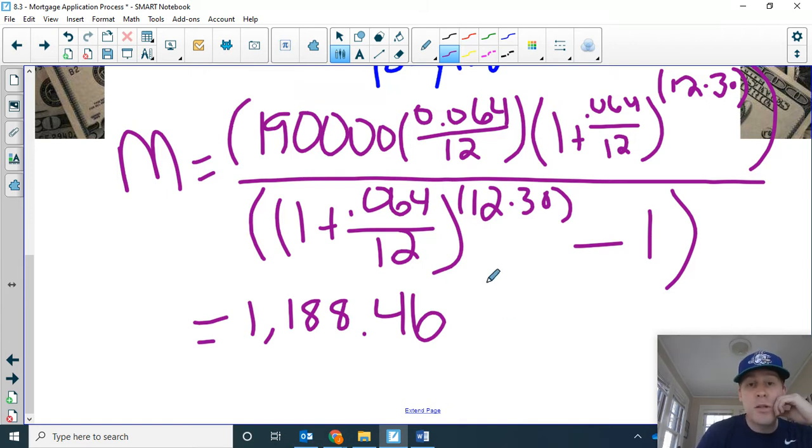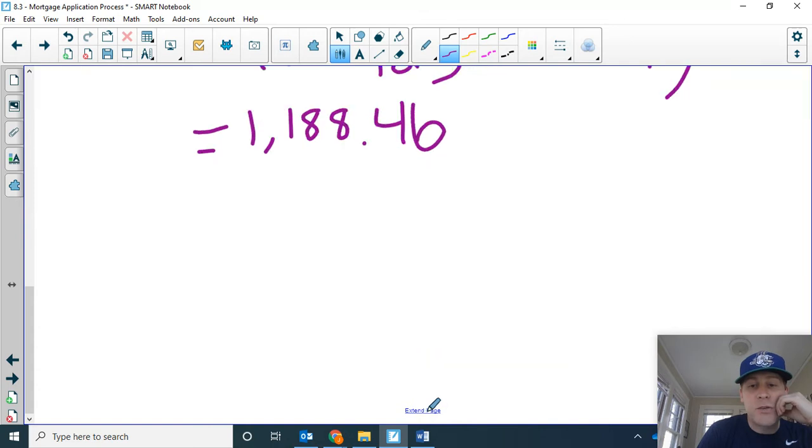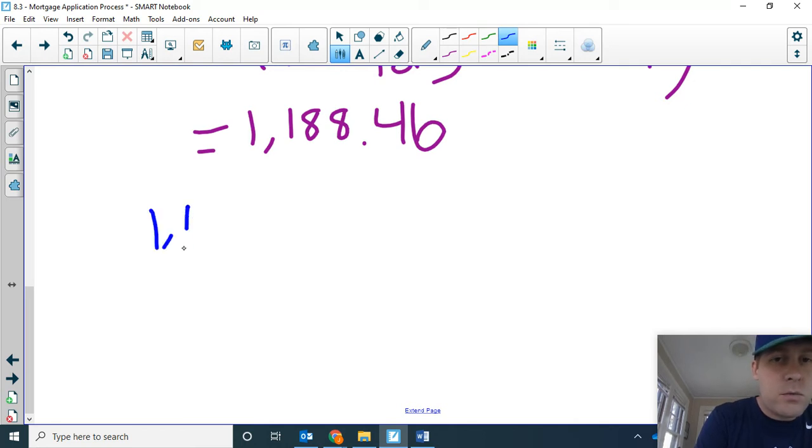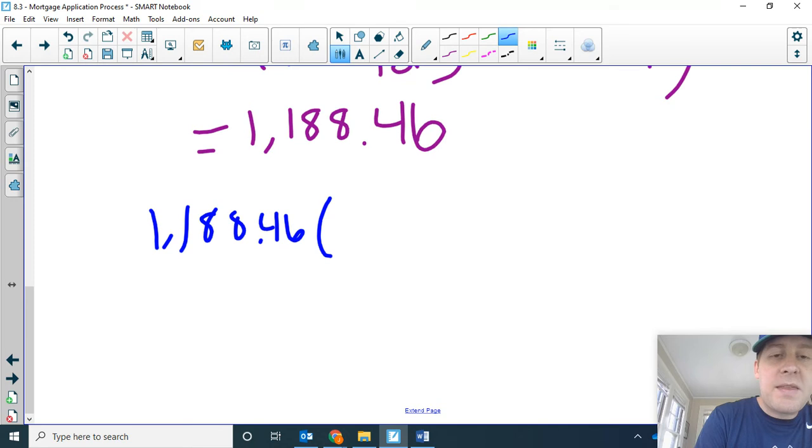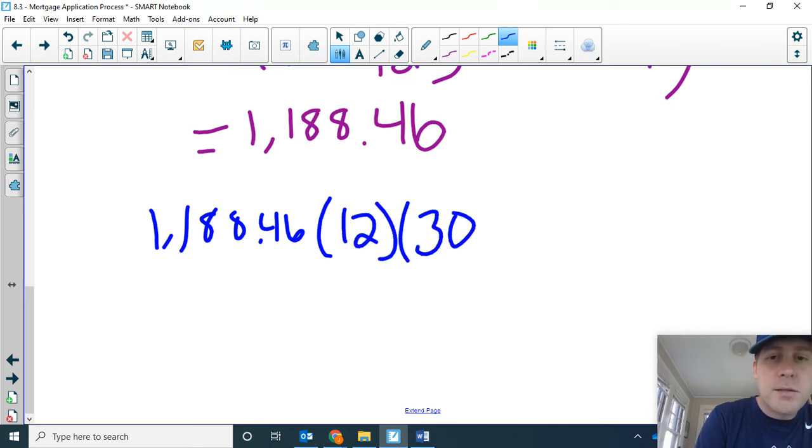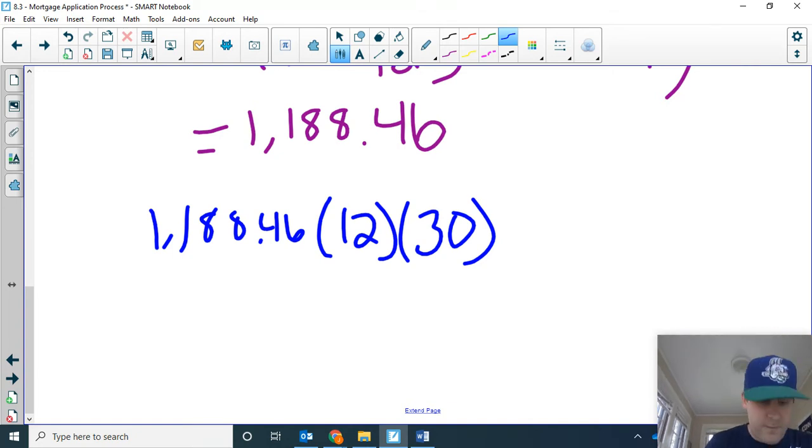Okay, so now once I know what the monthly payment is, we want to figure out what the interest is. So again, I'm going to take that number, 1188.46. First let's figure out the total value that she's going to pay towards the mortgage. So is that 1,188.46, and we're making that payment 12 times per year for 30 years. Then when you enter that in your calculator, 1188.46 times 12 times 30, we get